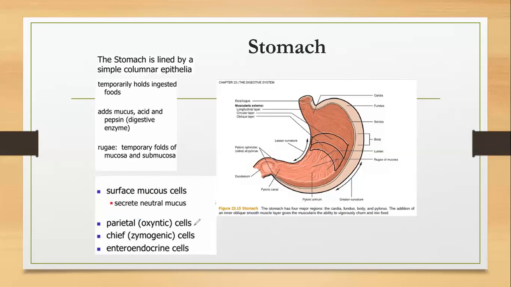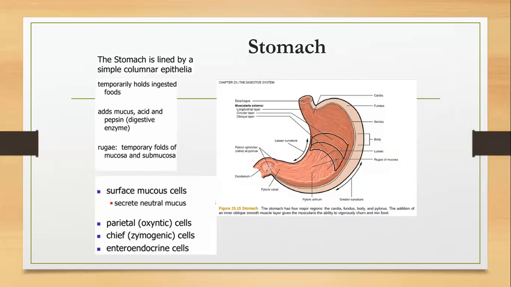The next one, remember we said pepsinogen. Pepsin is produced in form of pepsinogen. So zymogen is enzyme. Chief cells will produce pepsinogen. So remember parietal for HCl. Chief cells are also zymogenic cells. Zymogenic cells produce pepsinogen. Then we say that another function, especially in the pyloric region, we have a lot of